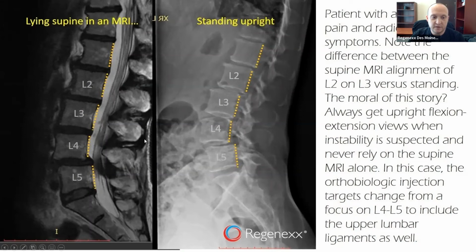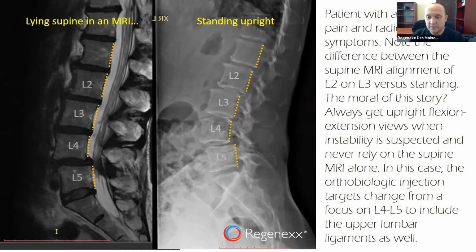So this is kind of the duct tape that holds the spine together on the backside. And the comparison, and why we're talking about this, is that an MRI is a static picture. It's a snapshot of the back, and it's in a gravity-eliminated position. So we're only seeing one particular thing here, but most of us with back pain would say that,